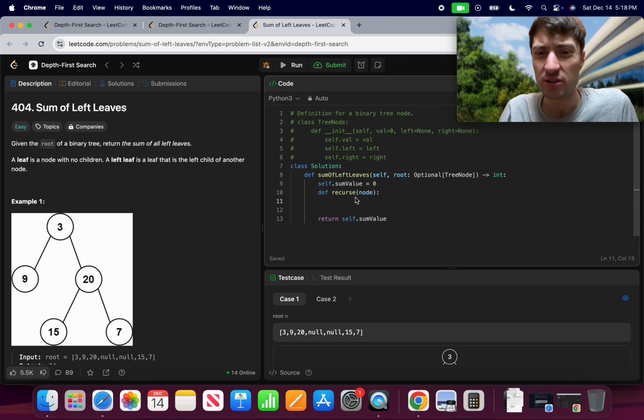I've been talking so much I almost forgot what the problem was asking. Okay, a left node. Oh, right, we're summing up the left nodes. Okay, so I'm going to go something like this. Actually, I'm going to go like this. Is left. All right, so now what this is left is going to keep track of is if there has